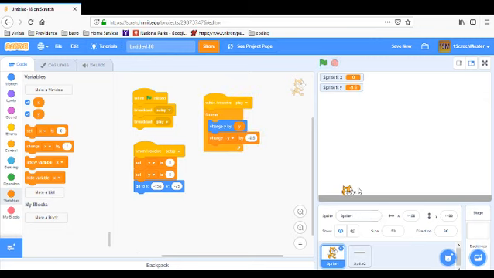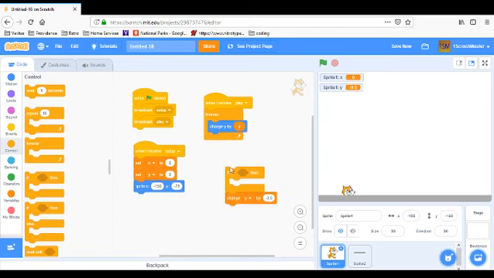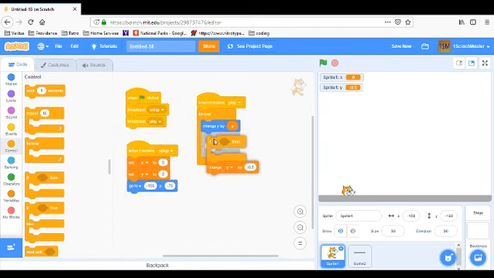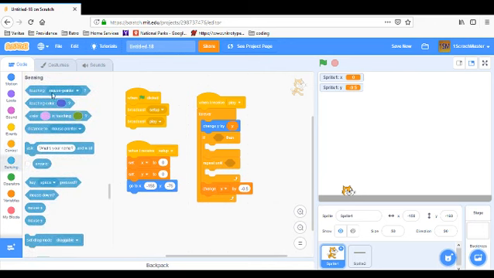Okay. He doesn't touch the ground. When he touches the ground, he doesn't really do anything. So we're going to go to control, put an if in there. Oh yeah, and then a repeat until block right under that. Okay. So if touching color